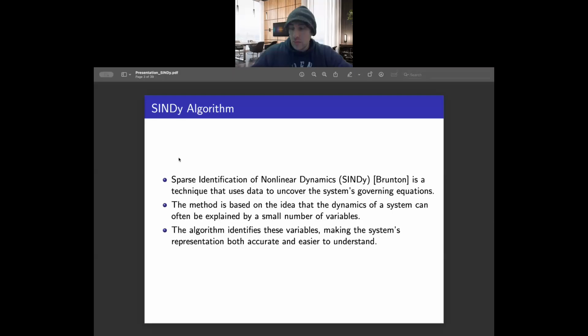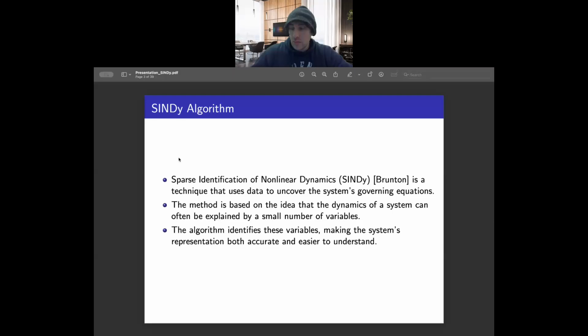Since the name says this is a sparse identification, the idea is that we can define any system using a number of equations and variables, but we want to use the least number of variables, so that we can understand the dynamics in a much easier way. If we have fewer variables, obviously we can understand the dynamics very easily. So we have the data, we want to get the equations, but in those equations we should have the least number of variables that are governing that dynamics.